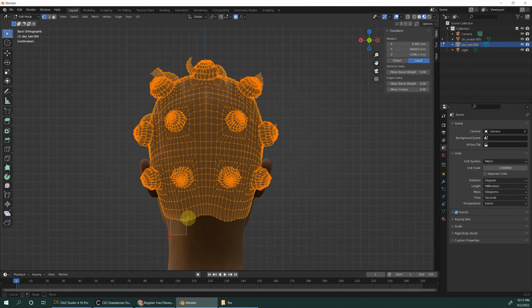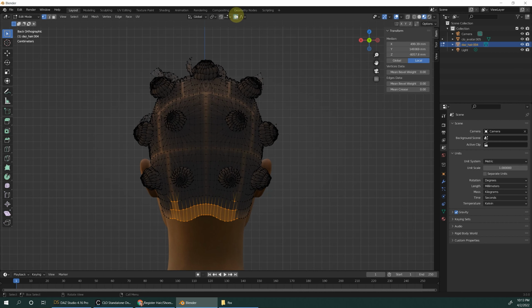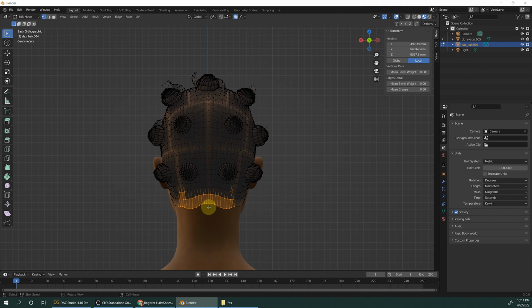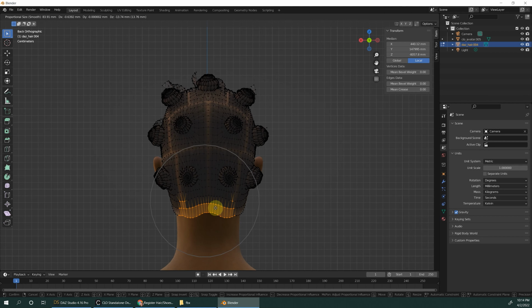We can select the neck part, and now we can click this little circle. Make sure it's blue. Try to click G, and you see the circle. If you don't see the circle, don't panic, don't worry about it.